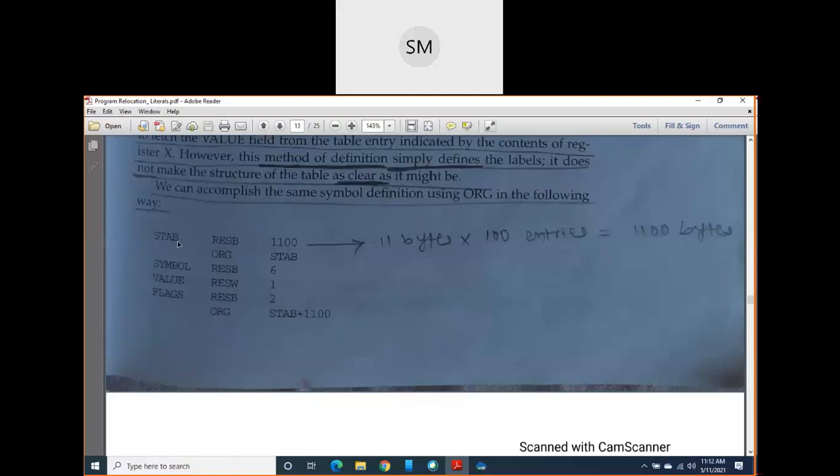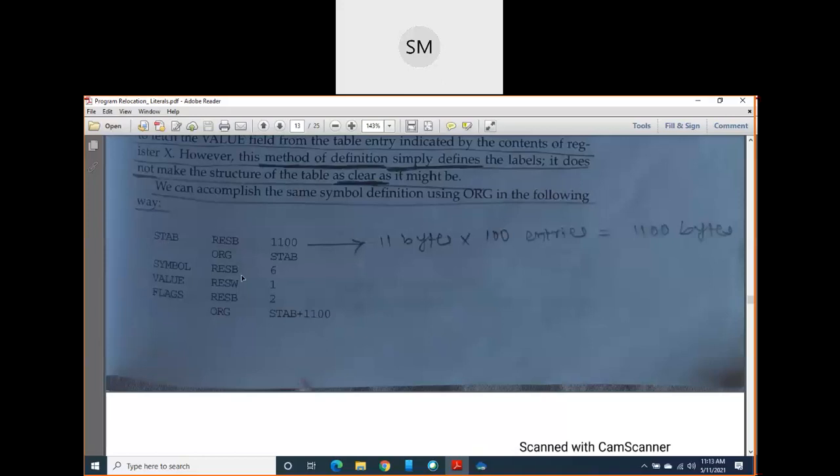First we should define or reserve the amount of memory for STAB, which I have already done previously. The next statements are different. The next statement is ORG STAB. It means it is assigning a value to the symbol indirectly: the starting address of the table is assigned to the symbol, that is STAB.